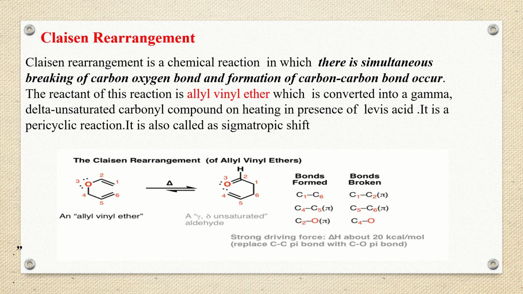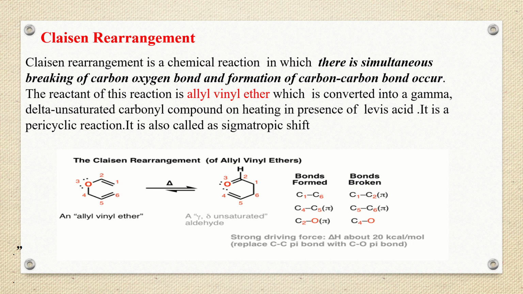Now, in the case of allyl vinyl ether, we can see its particular example. We have numbered the atoms as 1, 2, 3, 4, 5 and 6. On mere heating, there is a bond formation between carbon number 1 and 6. So a sigma bond is formed. Simultaneously, a pi bond is cleaved between carbon number 5 and 6, and a pi bond is formed at carbon